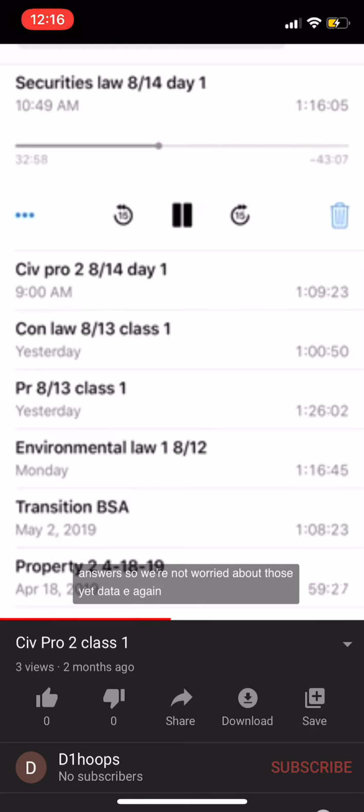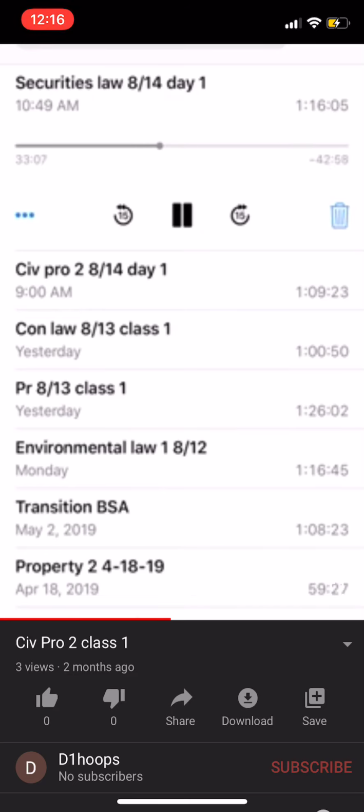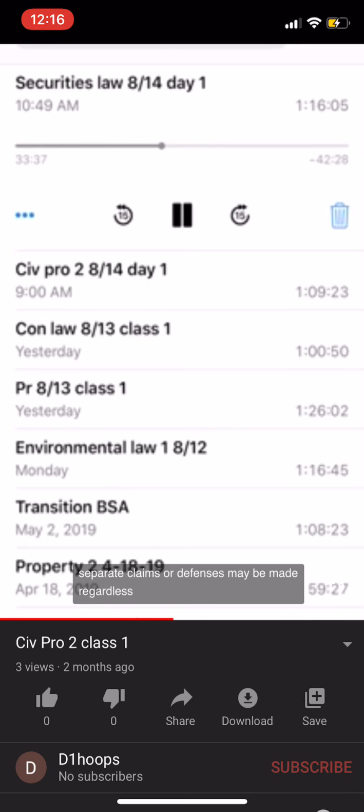(d) and (e). Again, we have this reiteration that pleading needs to be concise and direct. Yeah, kind of, right? If you read (a), Paul, you know that there's an asterisk about that. Alternative statements of claim or defense. Okay. Well, first, paragraph 1, no technical form is required. Again, we'll get to (a), Paul. It's kind of true and kind of not true. Alternatively or hypothetically. You may make your claims alternatively or hypothetically. Right? What does that mean? Separate claims or defenses may be made regardless of consistency.